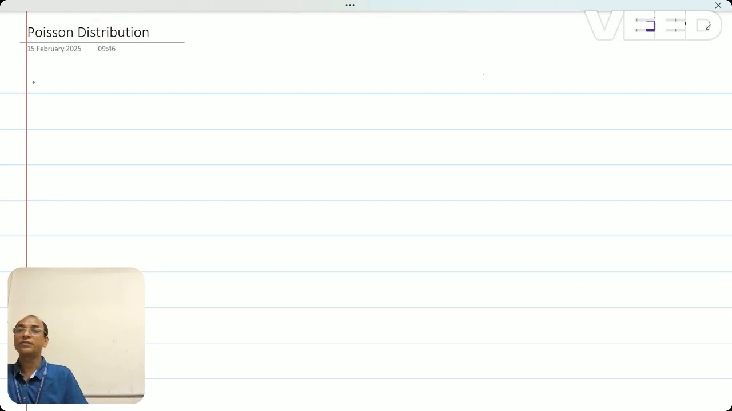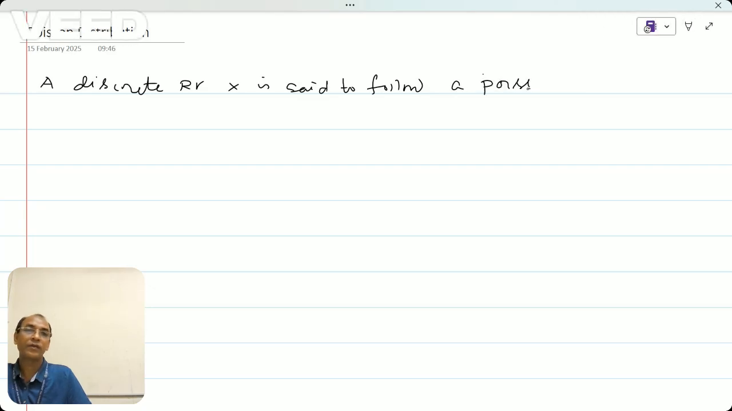In this class, I would like to discuss the Poisson distribution. A discrete random variable X is said to follow a Poisson distribution with parameter lambda if